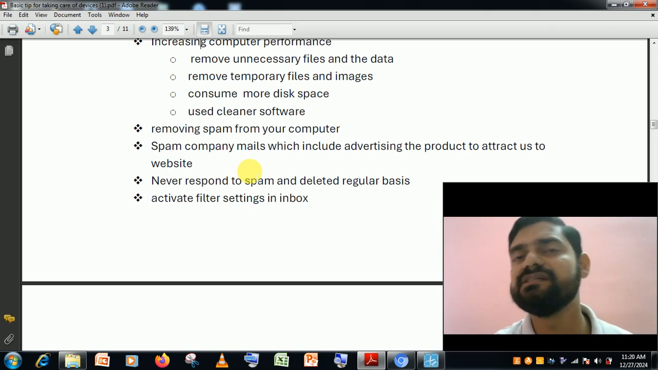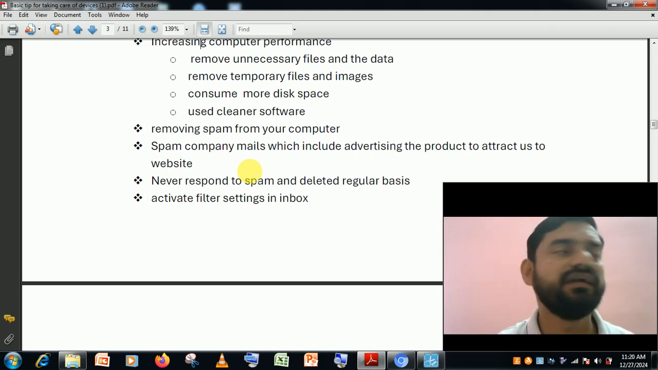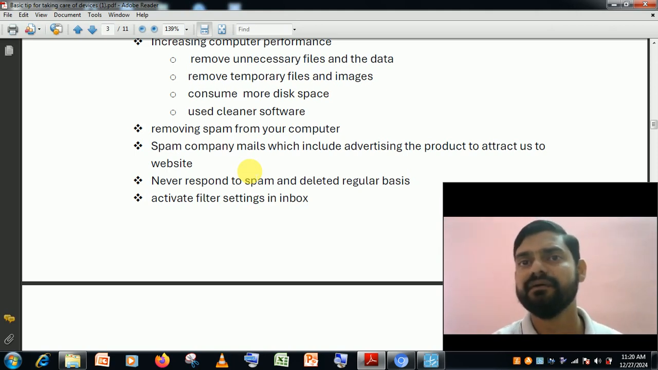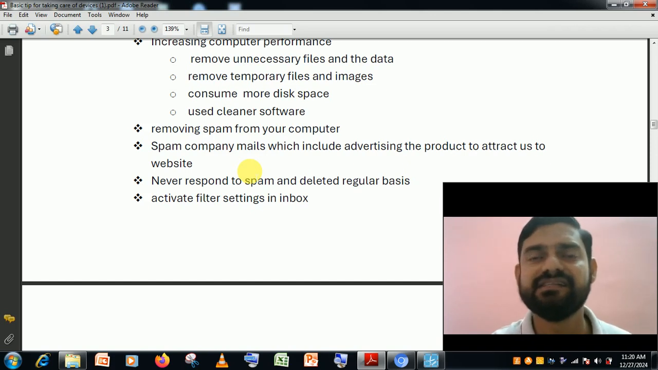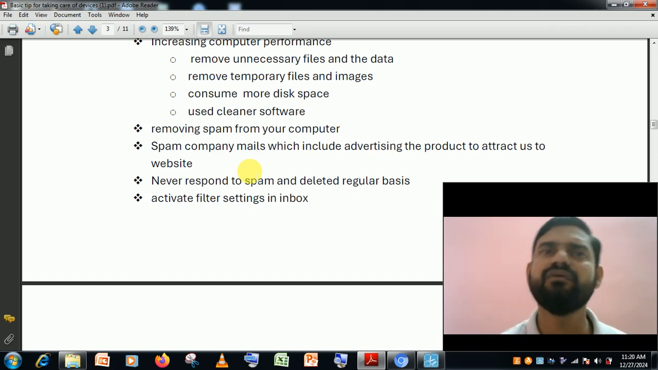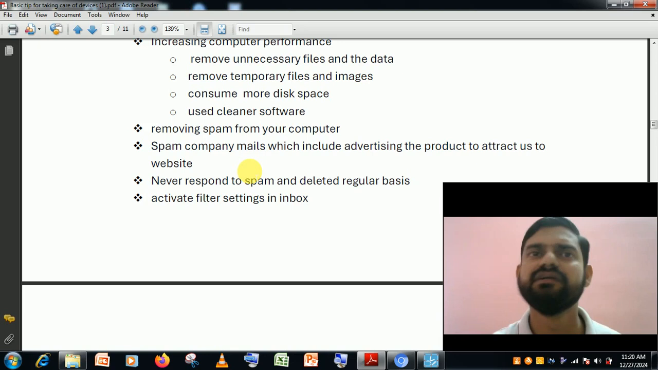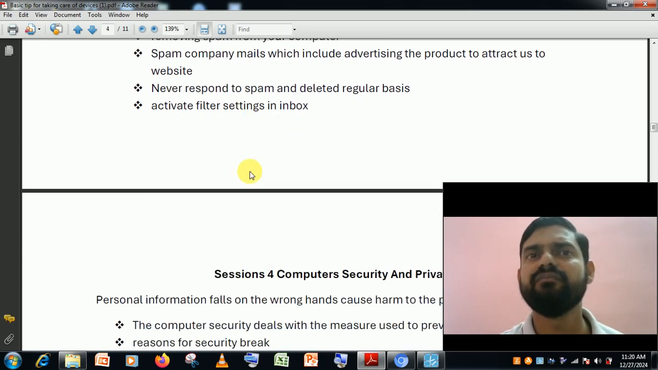Activate filter settings in the inbox, so that we can mute people, etc. If we don't want one person's email ID, we can mute that. We have to activate the filter settings so that those mails will not come into the computer and you will get more